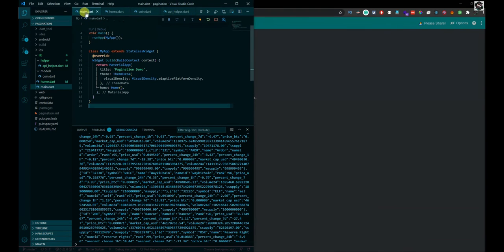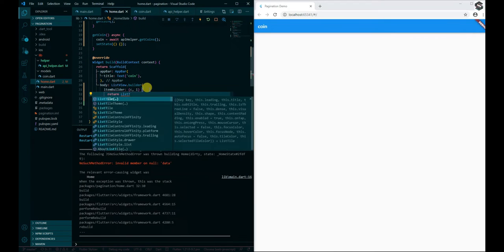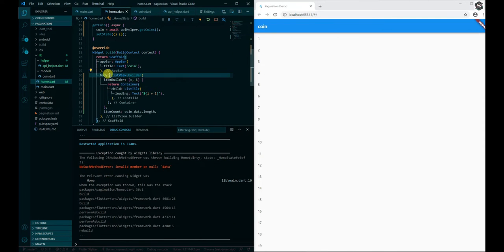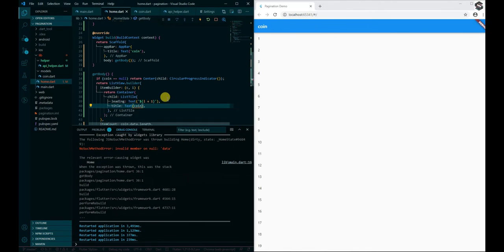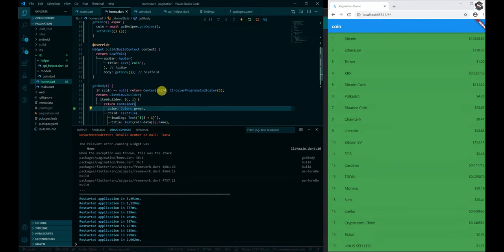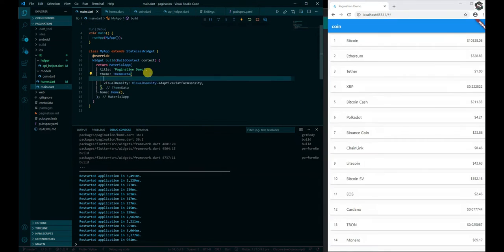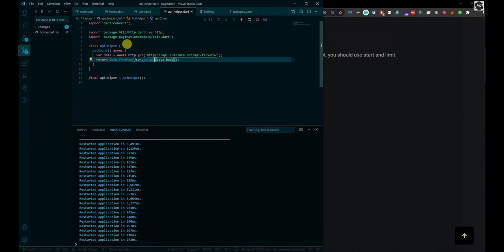We will use the data to show in our list view builder, and let me quickly create the UI for you guys. And now we have the UI.